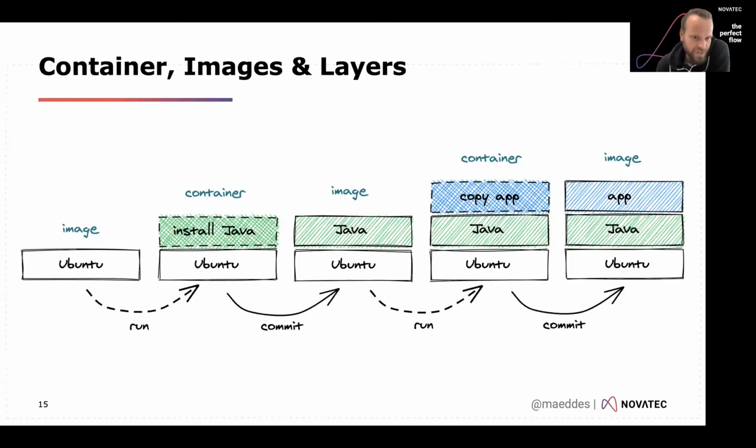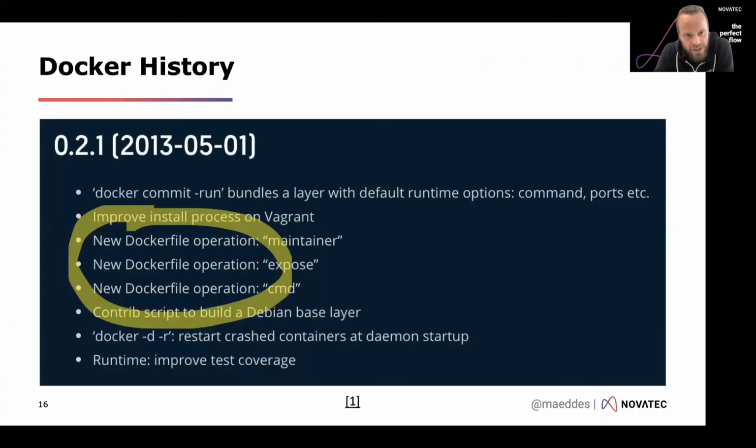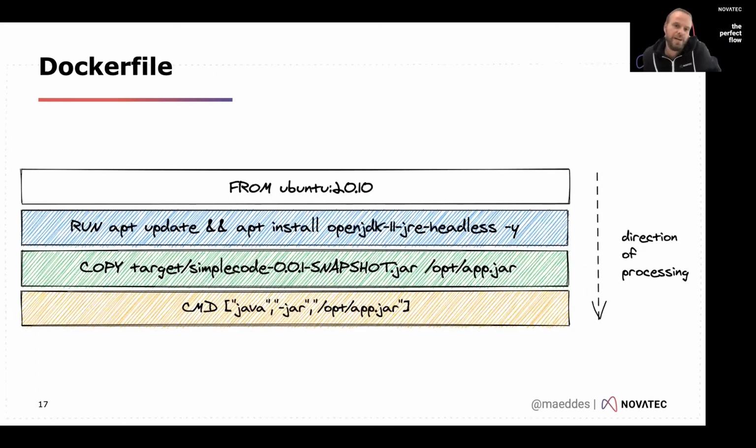However, they work. If you look back in the Docker history, Docker came out in March 2013, and already in May 2013, there was a reference to a thing called a Dockerfile. So Docker pretty much started with using Dockerfiles for making exactly that task easier. A Dockerfile will basically summarize all those run and commit steps in one go.